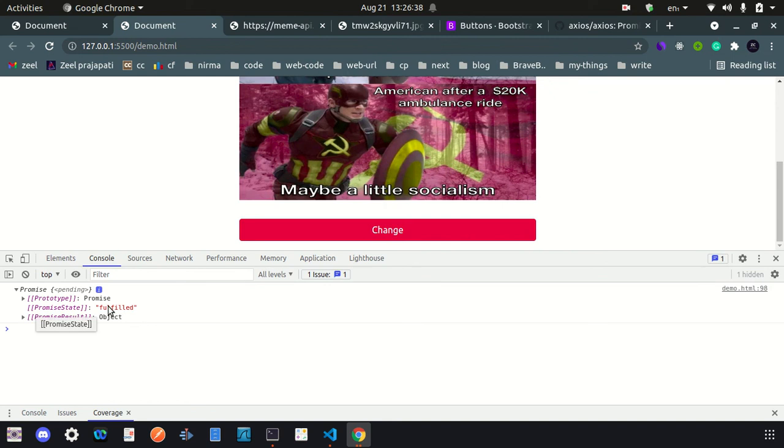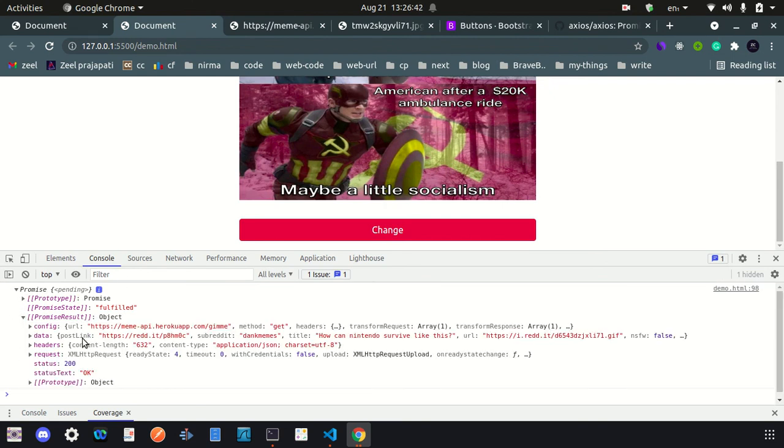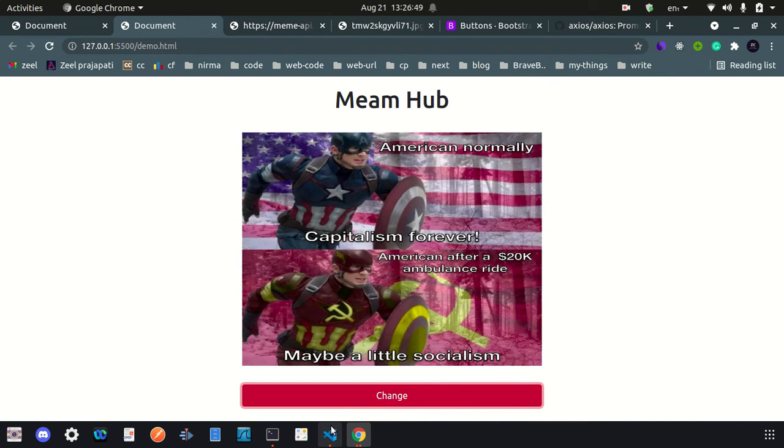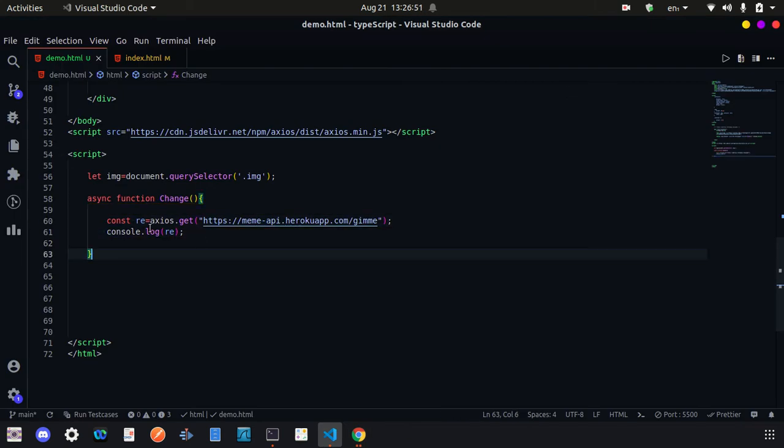So here you can see the promise is pending, and this is our answer, but we are using it only after some time. Because of that we have to use await when we are making the API request call, so that it changes after it is required.